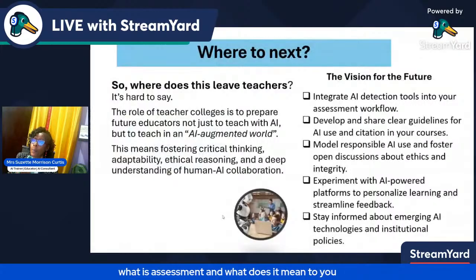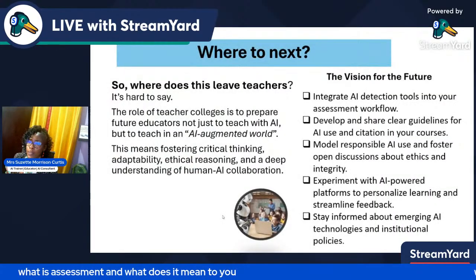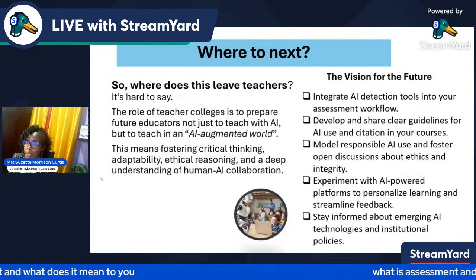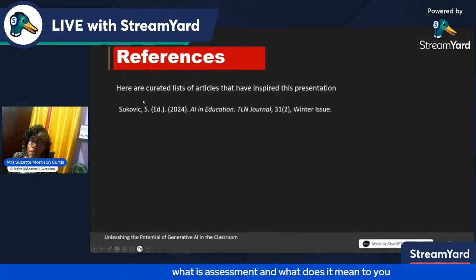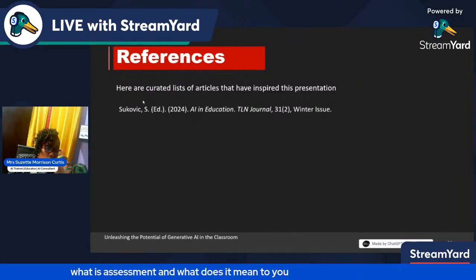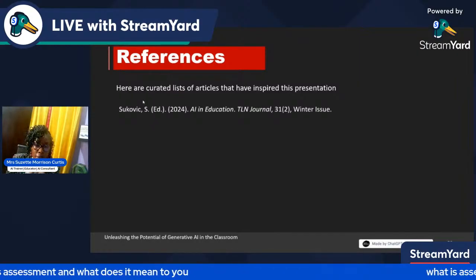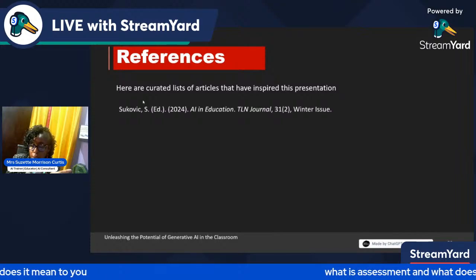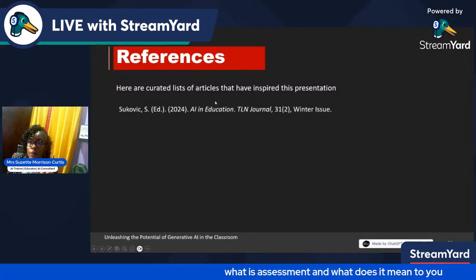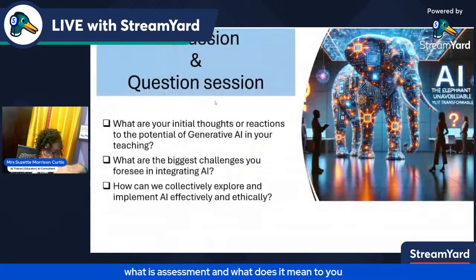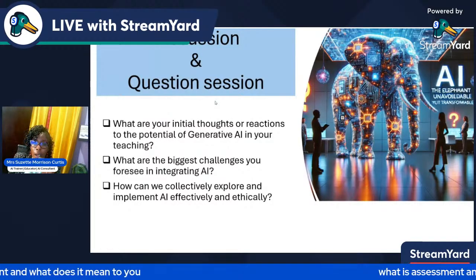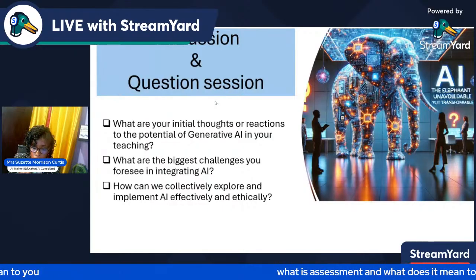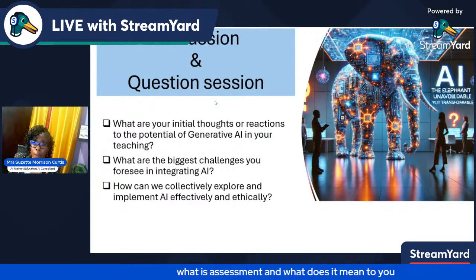So where do we go from here? The role of teacher colleges is basically future educators. So we're going to look at the vision of what we're going to be doing. Once you learn something, it never goes away. As we pivot to go through many things in this educational sphere, we must look at something. What we learn can be applied across many spheres, and we're able to pivot and learn to improve it better.